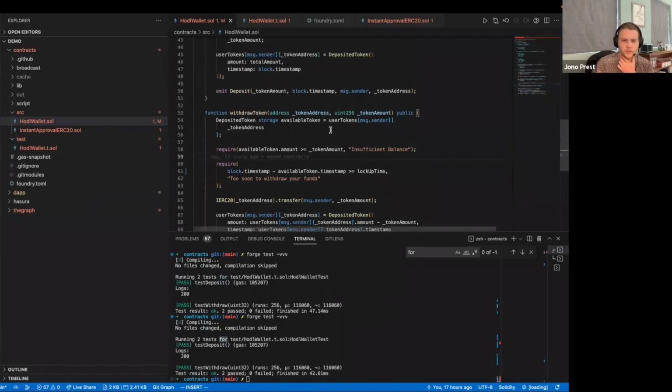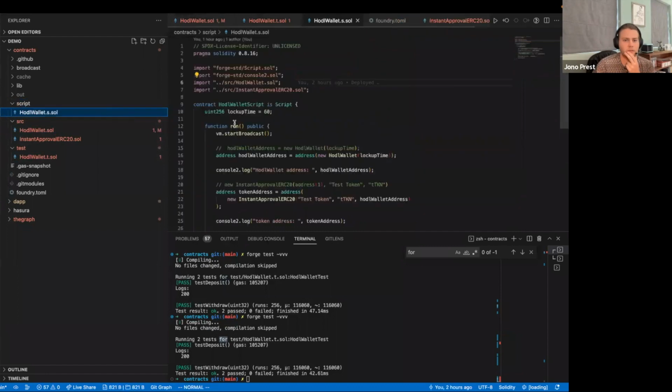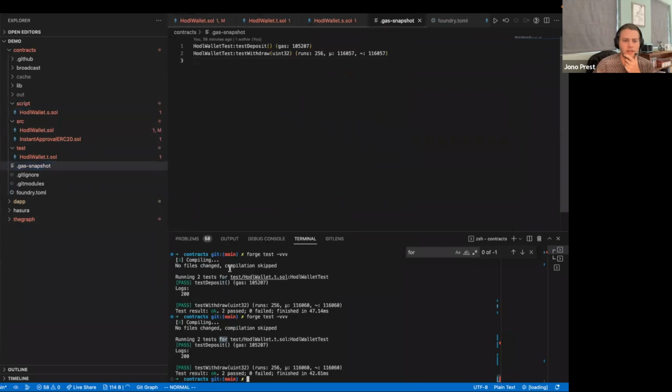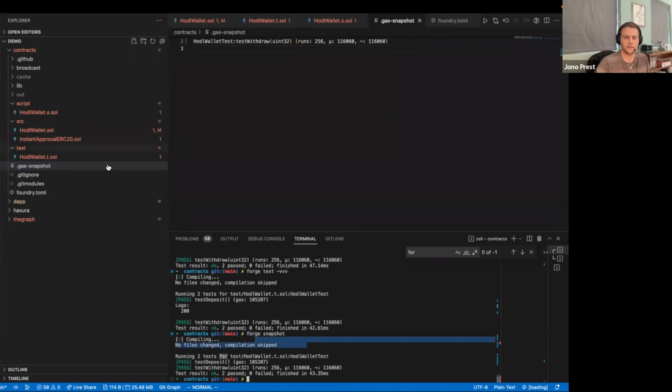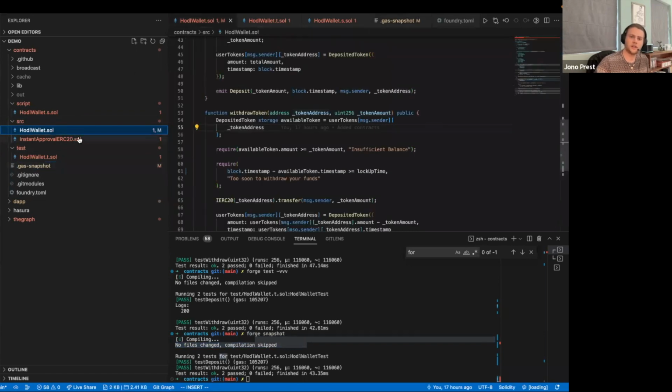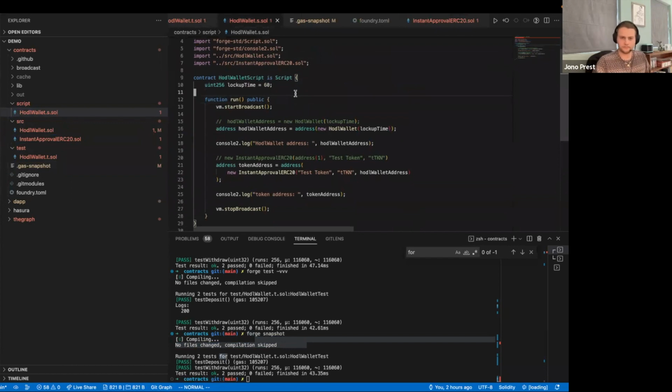Okay, cool. I'm going to go quite quickly over the rest of Foundry, just in the interest of time. So let me just quickly talk about the gas snapshot. You can run forge snapshots to generate this snapshot. And then if you're wanting to figure out if you're going to create something that has a negative impact on gas, for instance,